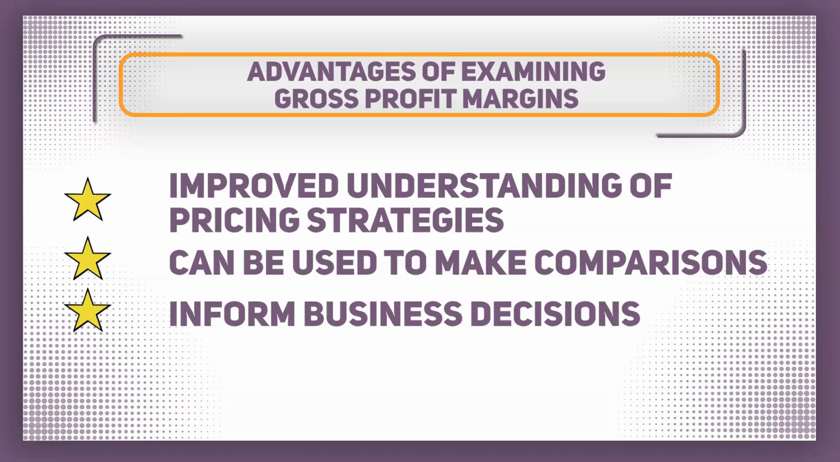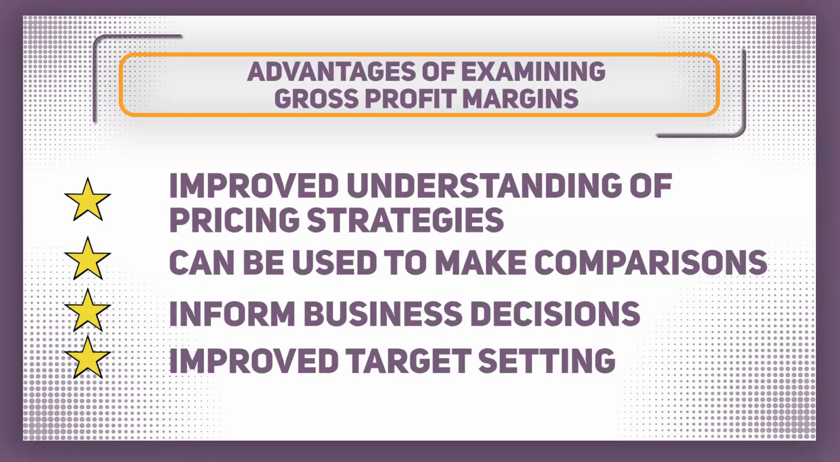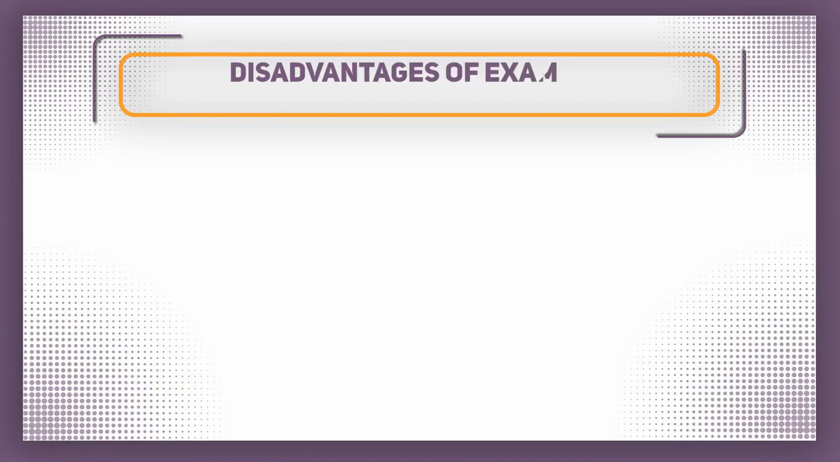And finally, as we've seen, Catherine can set herself a target for her gross profit margin and measure herself against this to see whether the changes that she's made are having the desired effect, and that the gross profit margin is improving over time. So with the advantages discussed, it's important that we can make a balanced argument. So let's have a look at some of the potential disadvantages of looking at the gross profit margin for Catherine